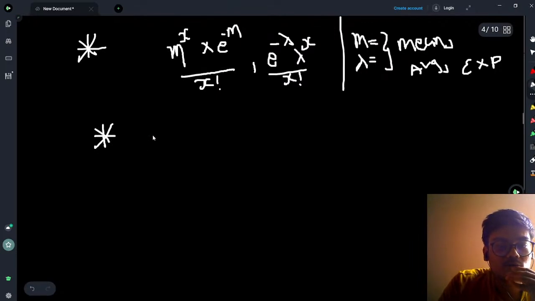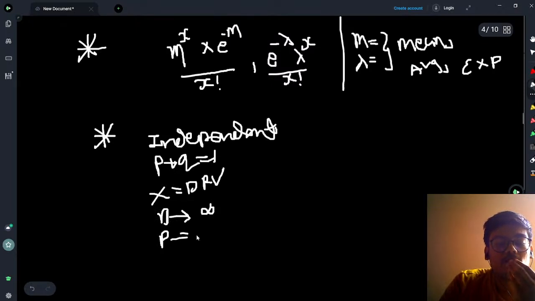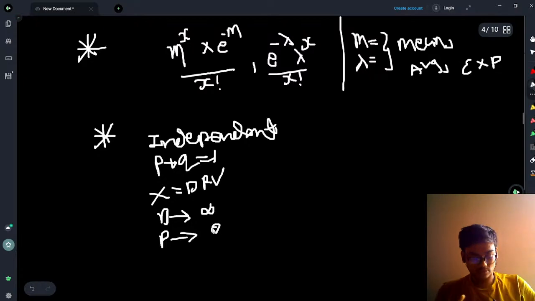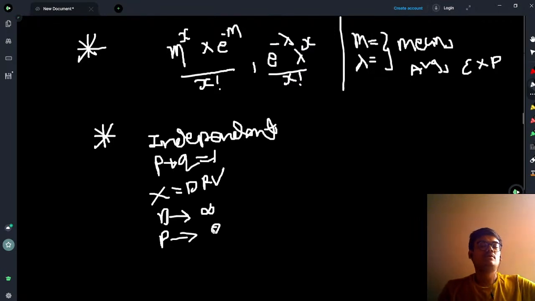The previous ones are also the same: the trials are independent, then p plus q equals 1, then x belongs to a discrete random variable, and the next thing is n tends to infinity and p tends to 0. These are the conditions which are useful if you want to check whether we can use the